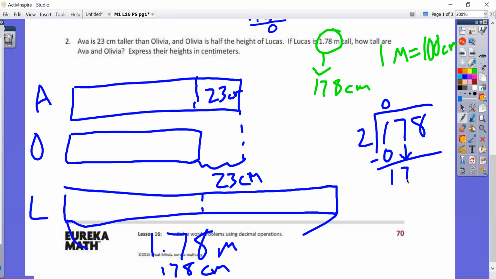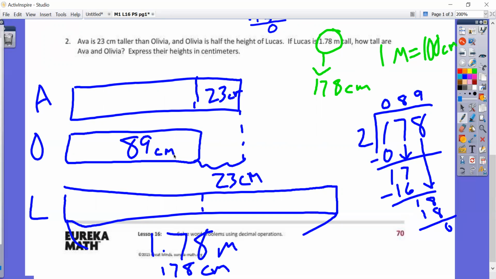I know I can do 8 groups, 2 groups of 8. So that will leave us with 1 remaining 10. Bring down our 8 ones. That is a multiple of 2. 2 groups of 9 gives us 18. No remaining. So we know that Olivia is going to be 89 centimeters now, because she is half the size